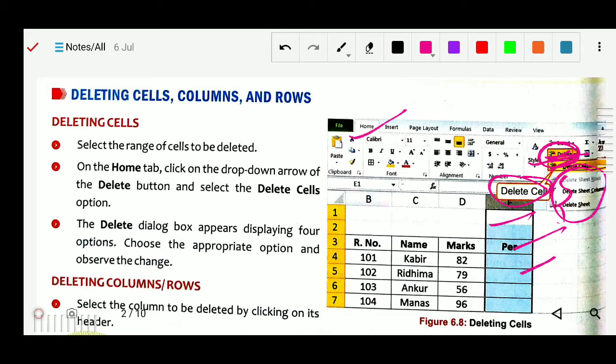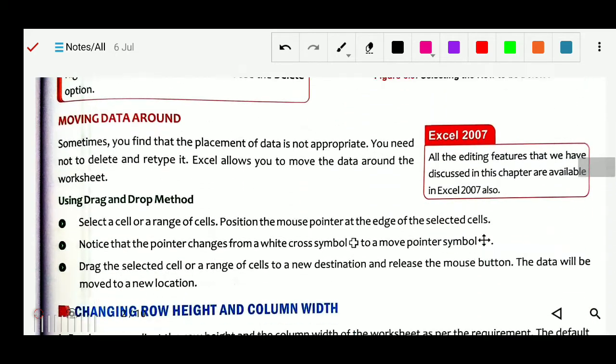You can choose it and delete your columns. Or you can simply select that particular column, right click on the header of the selected column and choose the delete option. You can do it like this also.